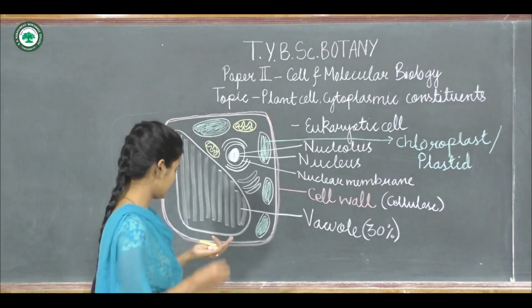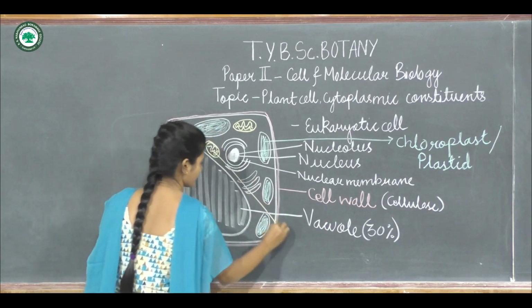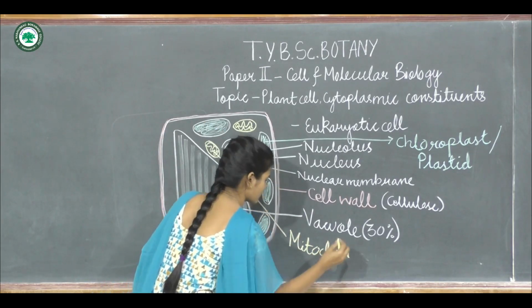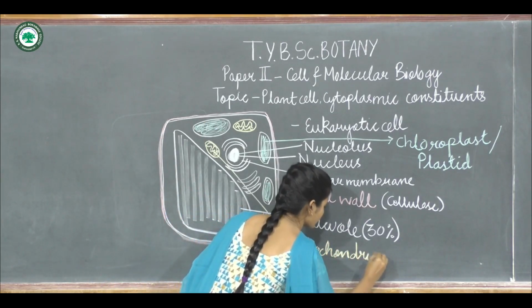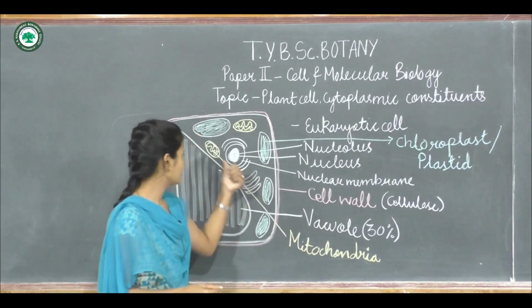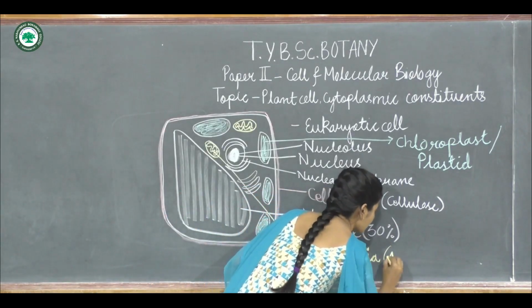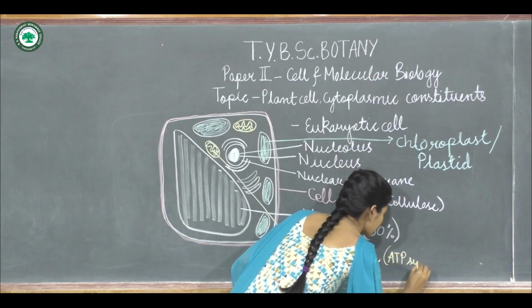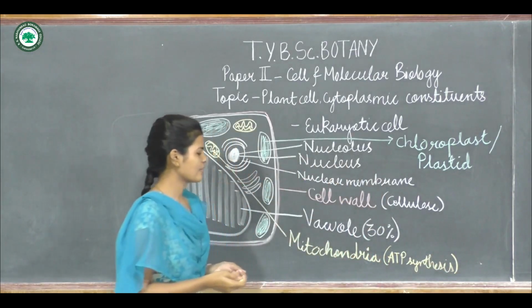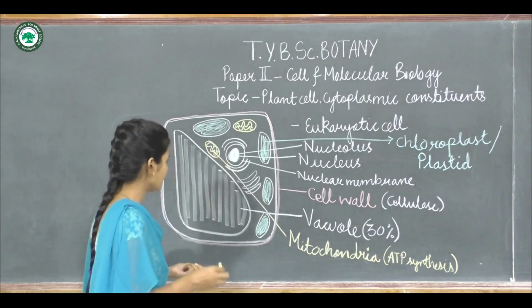Now next to that, mitochondria. Now mitochondria is called the powerhouse of a cell. So here ATP synthesis will be occurring in this organelle, that is in the mitochondria. Now next to that,